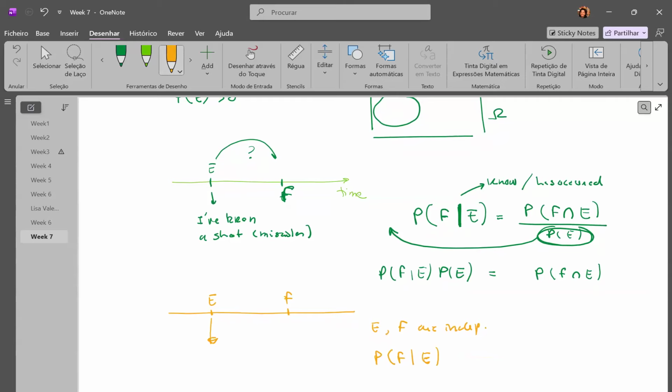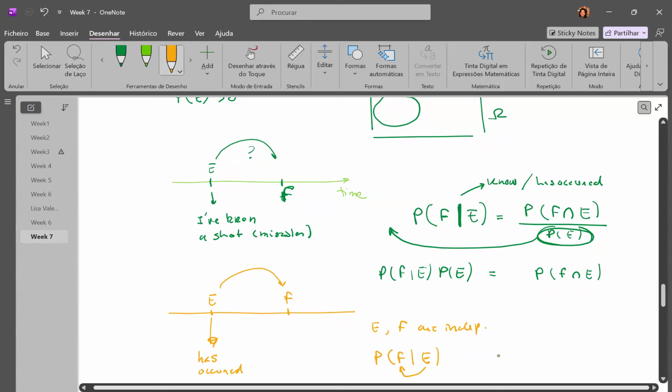I tell you, okay, Ruth, I know that this has occurred already. And then I tell you, but I believe these two are independent. And then I'm asking you the probability of F. If this doesn't impact this, what do you believe is the relation with this? That would be the probability of F given E, with the bar on top of it. If I'm asking you like this,